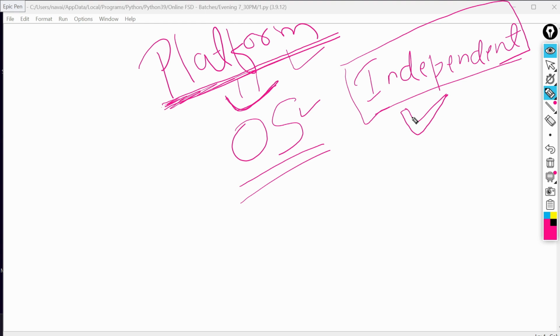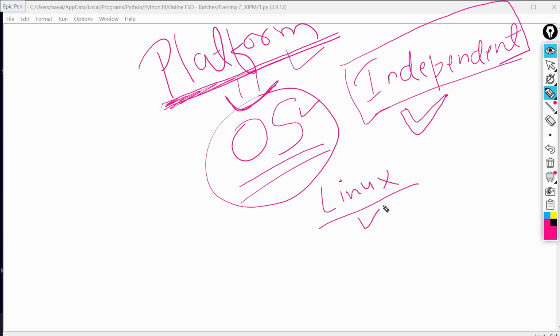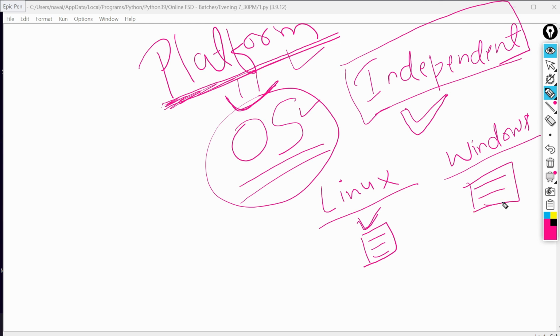Yes, very nice. The person or thing which is not dependent on anyone. So Python is platform independent. Python language is not dependent on an operating system, meaning it is not restricted to one operating system. It is not like code written in a Linux environment will only execute in Linux. If you developed Python code or software on Linux, you can execute it on Windows. This is the meaning of platform independent.